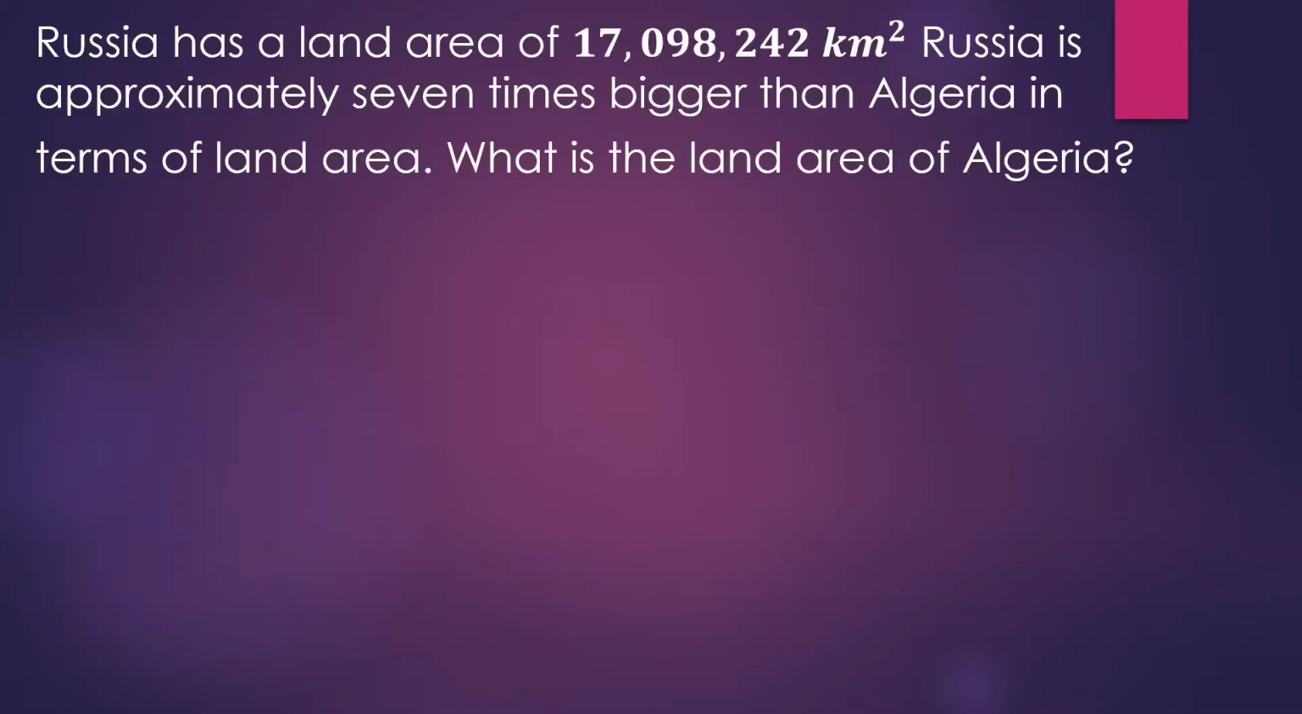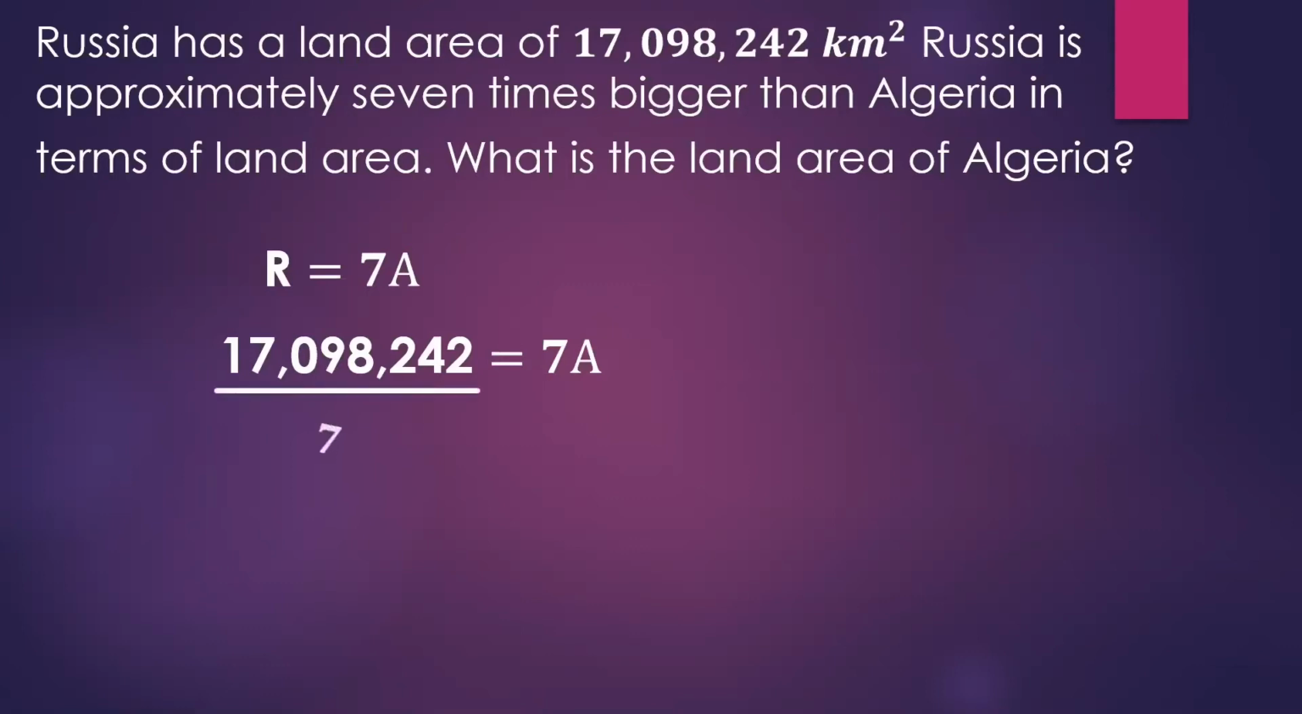All right, so here is a word problem with division. When you see times bigger in a word problem, you're not going to multiply. You're actually going to use division. What this says is Russia is equal to 7 times Algeria. So really what we're doing is we know Russia. If I do 7 times Algeria, I get Russia. So to figure out A, I actually divide both sides by 7,